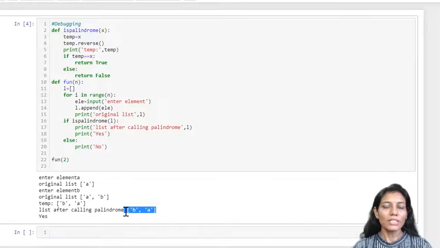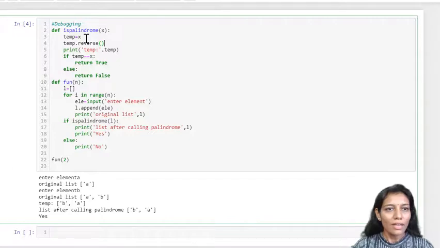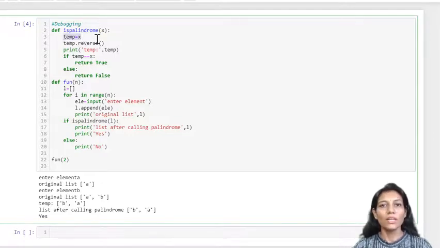That means my original list is getting changed, which should not occur. My intention is to keep my original list as it is and compare it with the reversed one. But my original list is getting changed, which is the problem. If I see the code closely, I come to know that I have made a mistake by falling into aliasing. Temp and X both are referring to the same memory location, because I have not made a true copy.